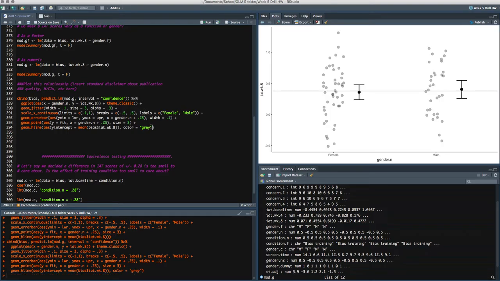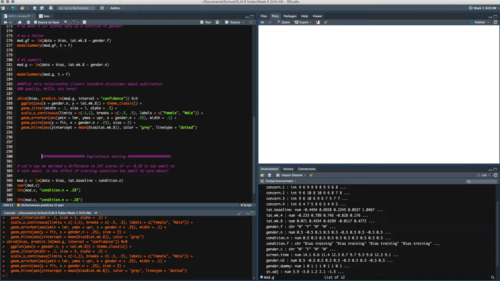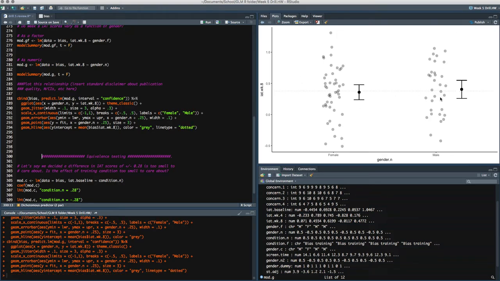Alright, I like that gray line, and then let's make it a dotted line, just because that's my personal preference. So now we have our mean line there. We have our raw data plotted alongside our mean and confidence intervals. And the last thing that we're really missing